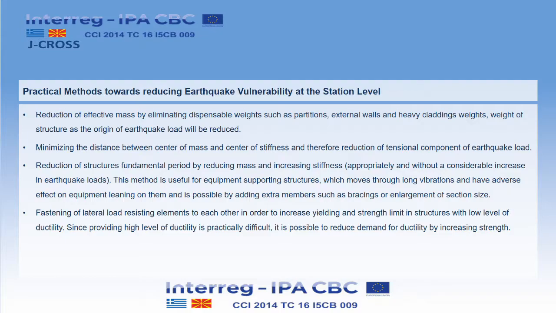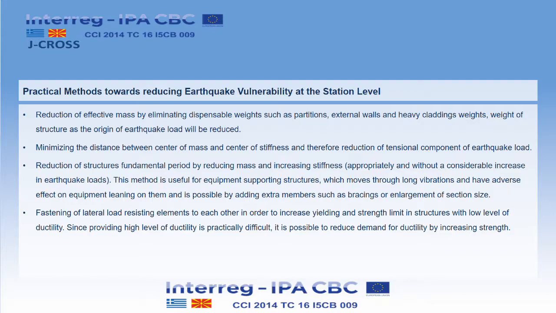This method is useful for equipment supporting structures, which move through long vibrations and have adverse effect on equipment leaning on them, and is possible by adding extra members such as bracings or enlargement of section size. Fastening of lateral load-resisting elements to each other in order to increase yielding and strength limit in structures with low level of ductility. Since providing high level of ductility is practically difficult, it is possible to reduce demand for ductility